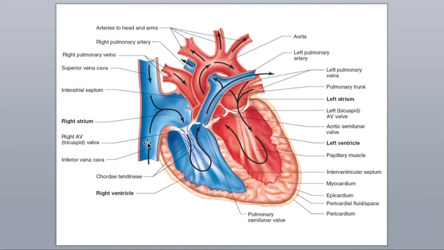So the blood is coming up from the inferior or superior vena cava. So this whole vein right here is going to be the vena cava, basically accepting deoxygenated blood, or oxygen poor blood, from the body. All right, so we've used this blood. We've used the oxygen and we've created carbon dioxide. Now the carbon dioxide is at a high concentration within this blood. It's going to enter into the right atria, go through the tricuspid valve and into the next chamber, which